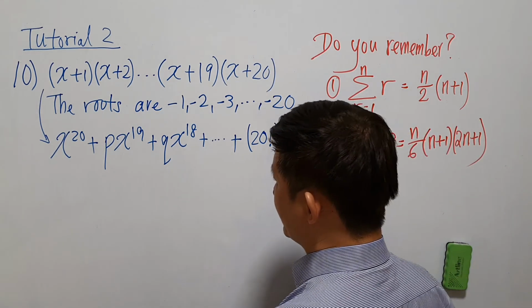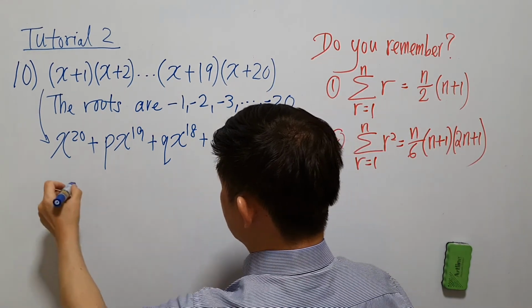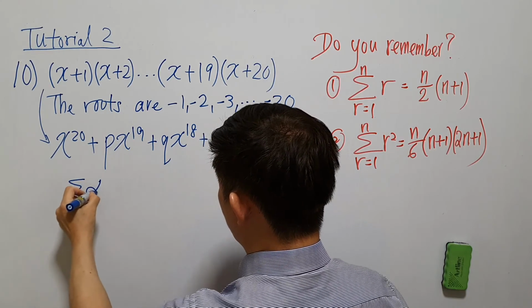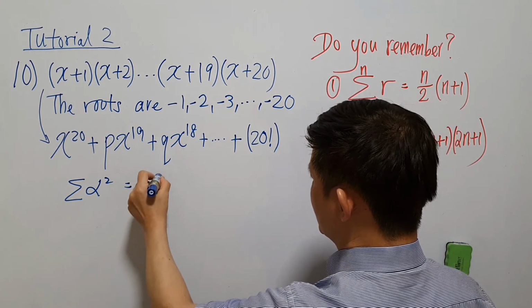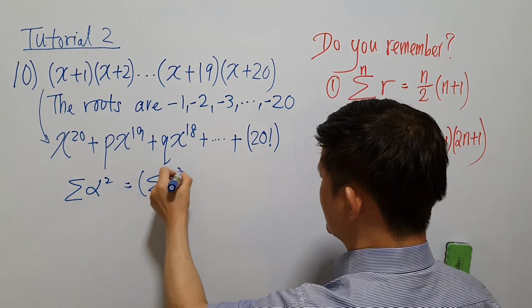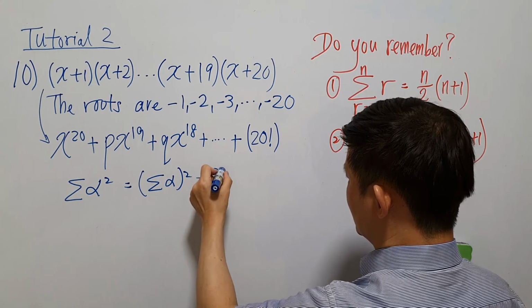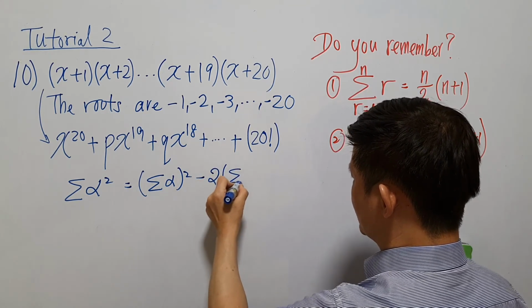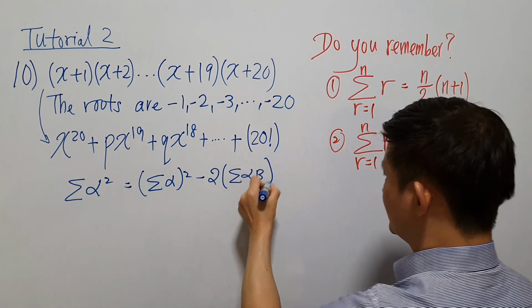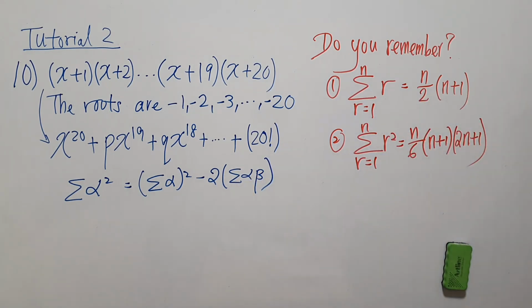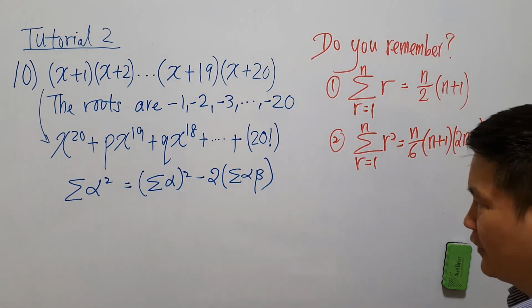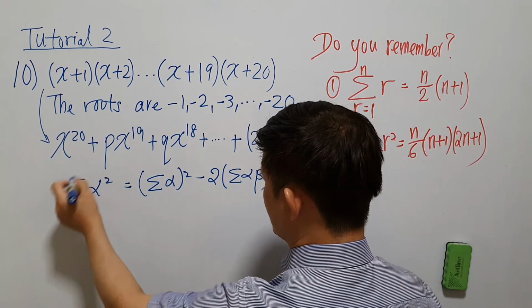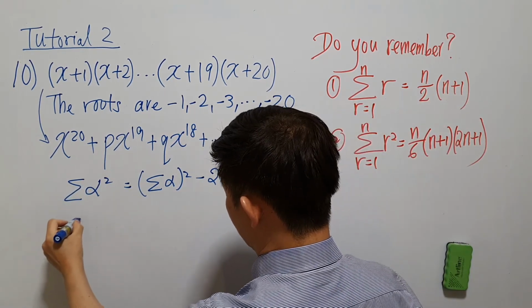expression. Do you remember, if you have to find the sum of the square of the roots, what is it equal to? This will be equal to the sum of the roots squared minus 2 summation alpha beta. For this particular question, because the roots are known to us, these are the roots. So for the left hand side, the summation of the square of the roots, if you look carefully, it is as good as, okay,